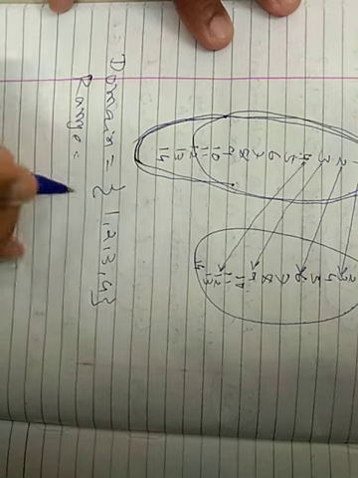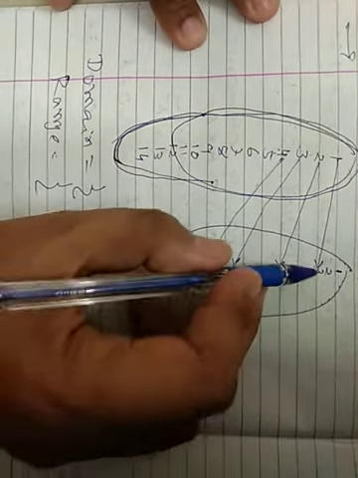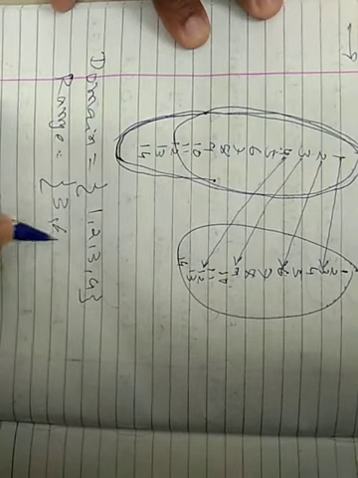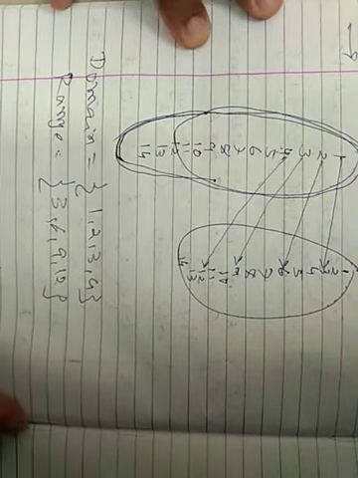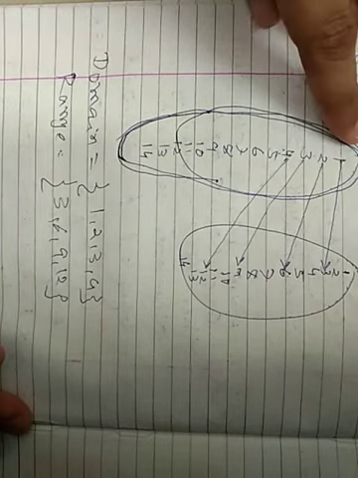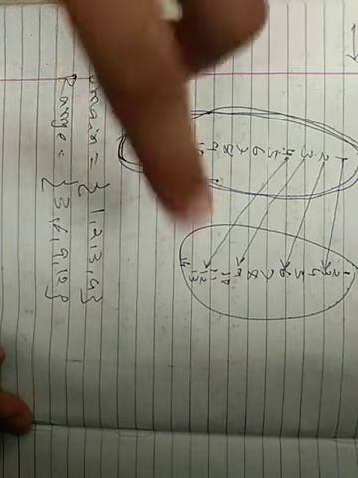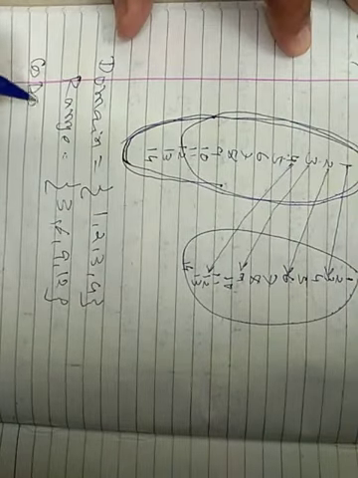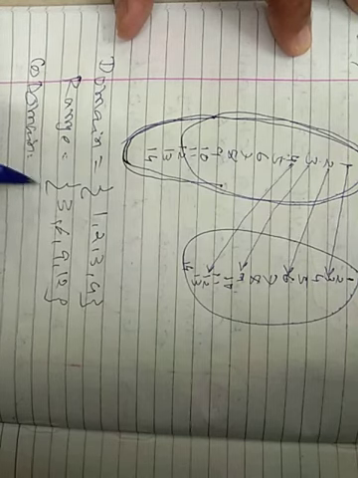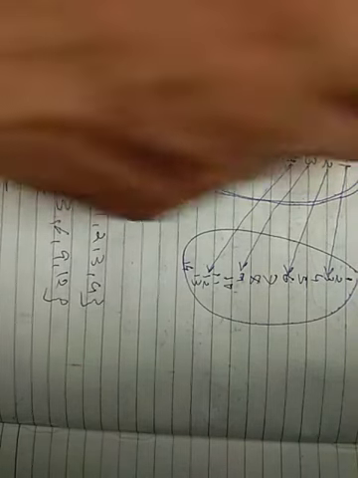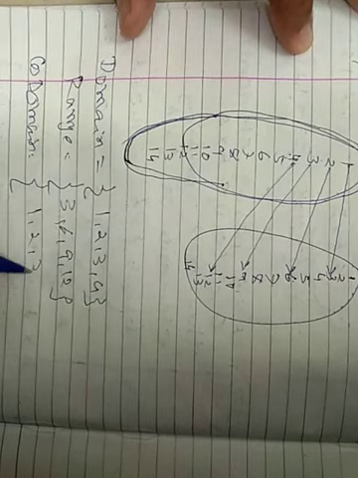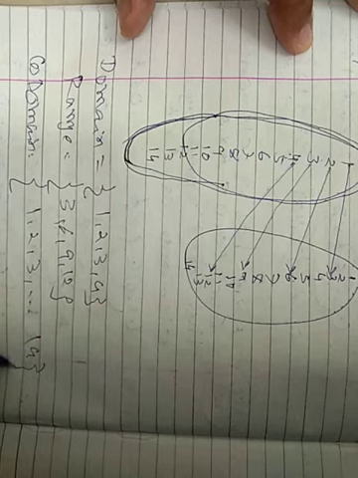Range: associated members from here, 3 6 9 12. 3 6 9 12. Is this clear? Associated members from A are called domain. Associated members from the second set are called range. And codomain means all members, whether associated or not associated. It means 1 2 3 up to 14. Very easy, sir.